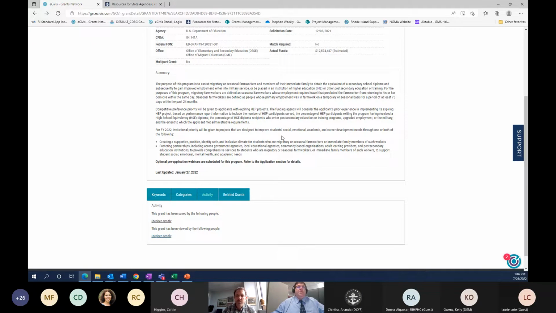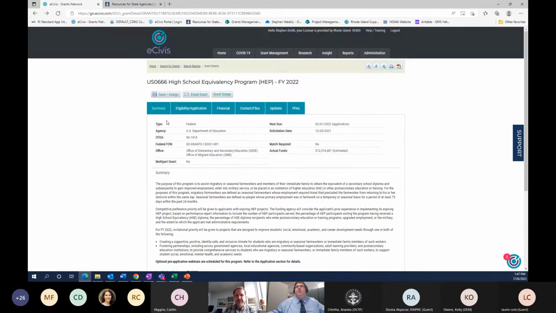And we know that one of the biggest challenges to any agency is to make sure that the multiple project deadlines, both that are self-imposed and those that are required by the grantor, can easily fall through the cracks in the midst of constantly competing agency needs. This is why we've chosen to highlight the tools that make both research and tracking tasks more effective. So to that end, I'd like to take a moment to go over with you what you'll see on the eCivis Grants Network landing page. So when you log in,